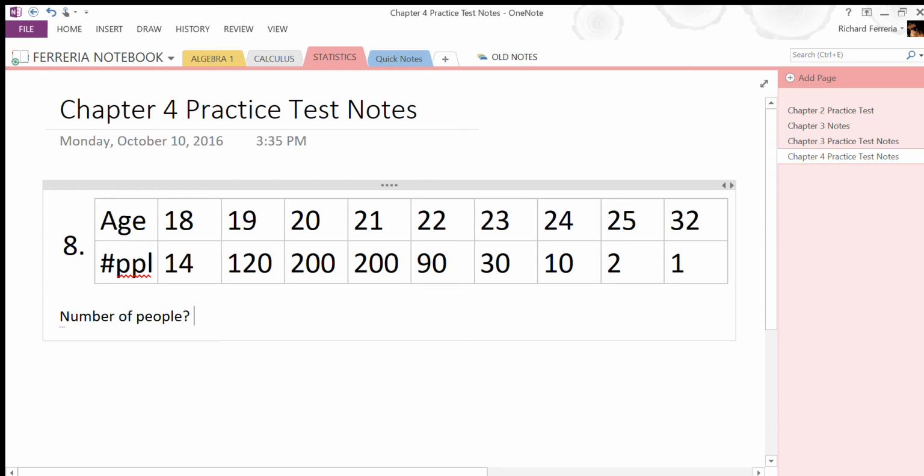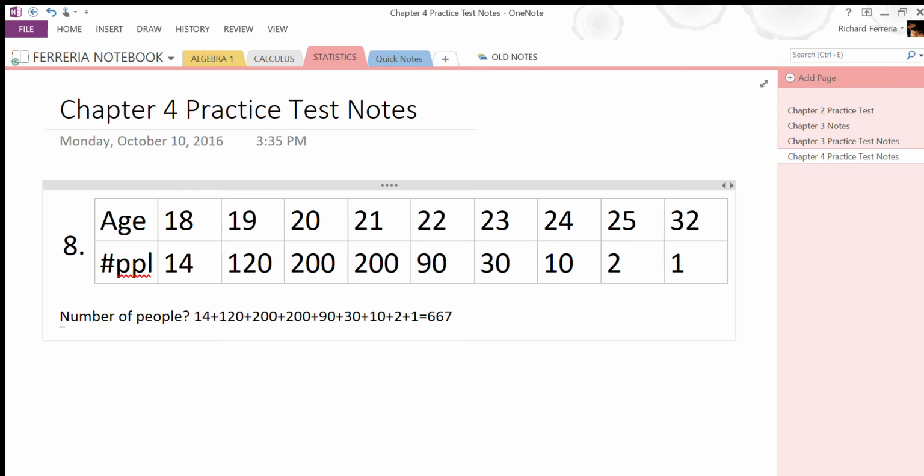That's 14, 120, 200, 200, 90, 30, 10, 10. Yeah, 667. So if you want to find the median, since that's an odd number, the median is going to be